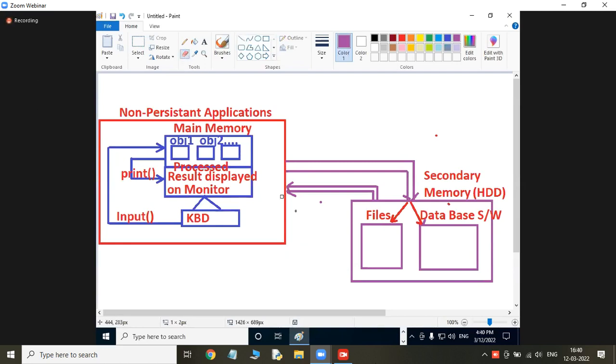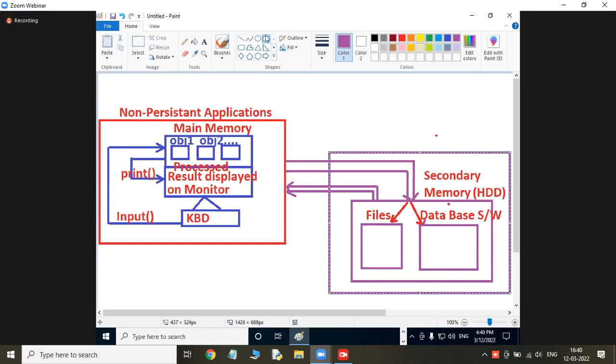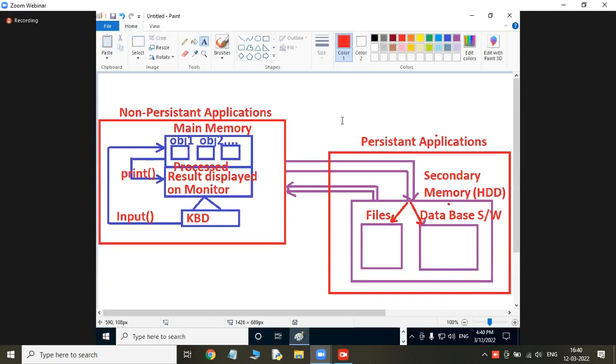So the way I store my result from main memory into secondary memory, in the form of files or in a database, we call a persistent application. This type of application development comes under persistent. How many types of applications are there? Two types. One is